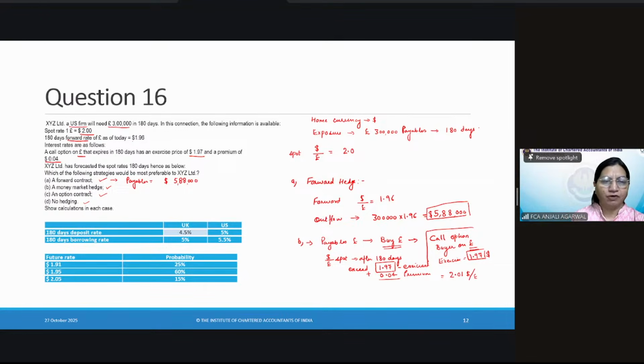Now, for the option, we have done a little working. If we have figured out that we will need to buy an option on pounds, we will buy a call option on pounds, which will be exercisable if the price exceeds 1.97. And in that case, if the call option is exercised,